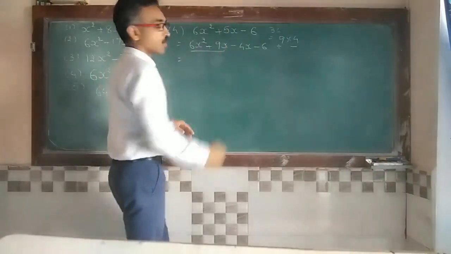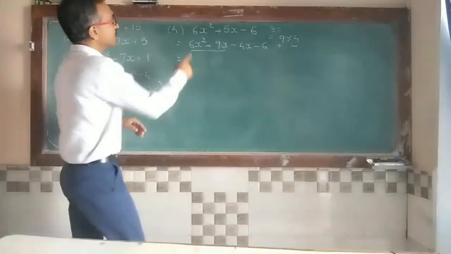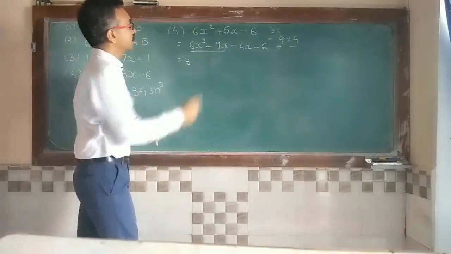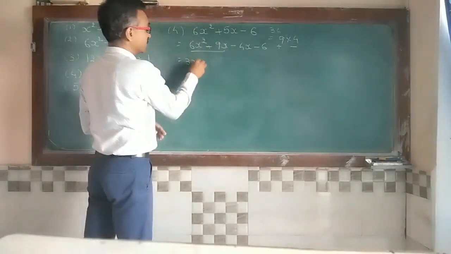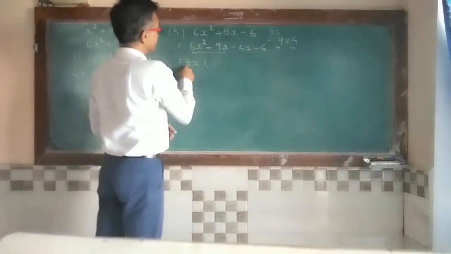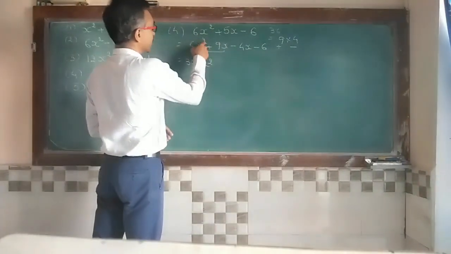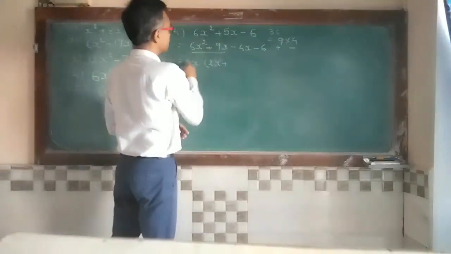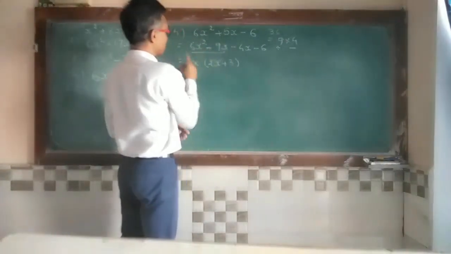Okay. Now common out from the first two terms. Here 6 is there, here 9. That means 3 is common out, x square and x, so x is also there. Remaining is 3 2s are 6, here x square and x, so x is also there. Plus 3 3s are 9. x is already come out.